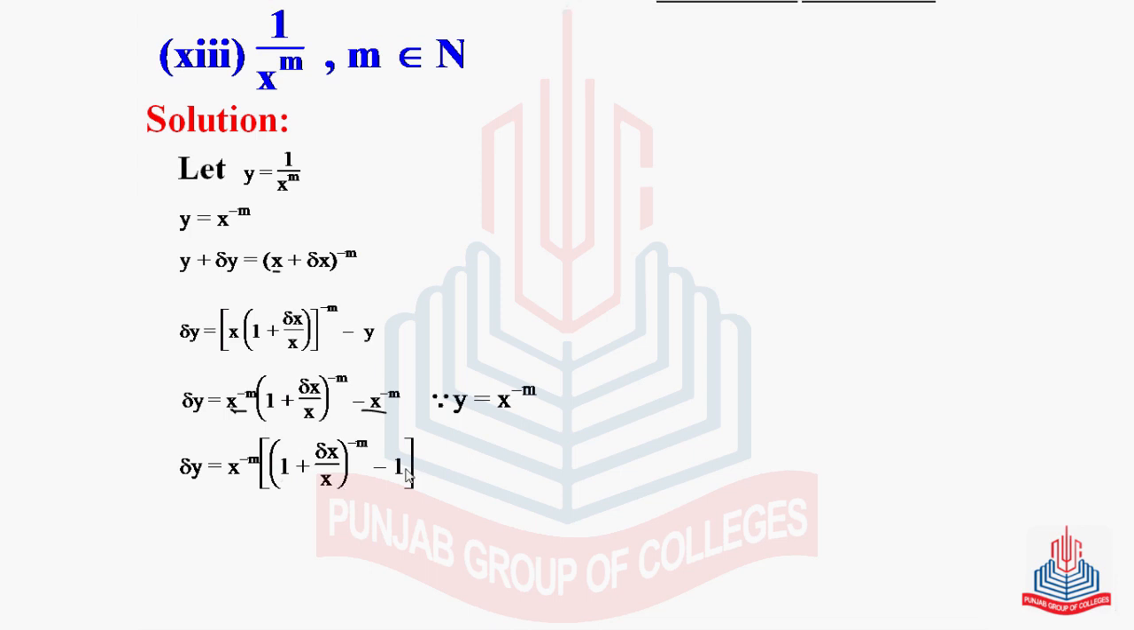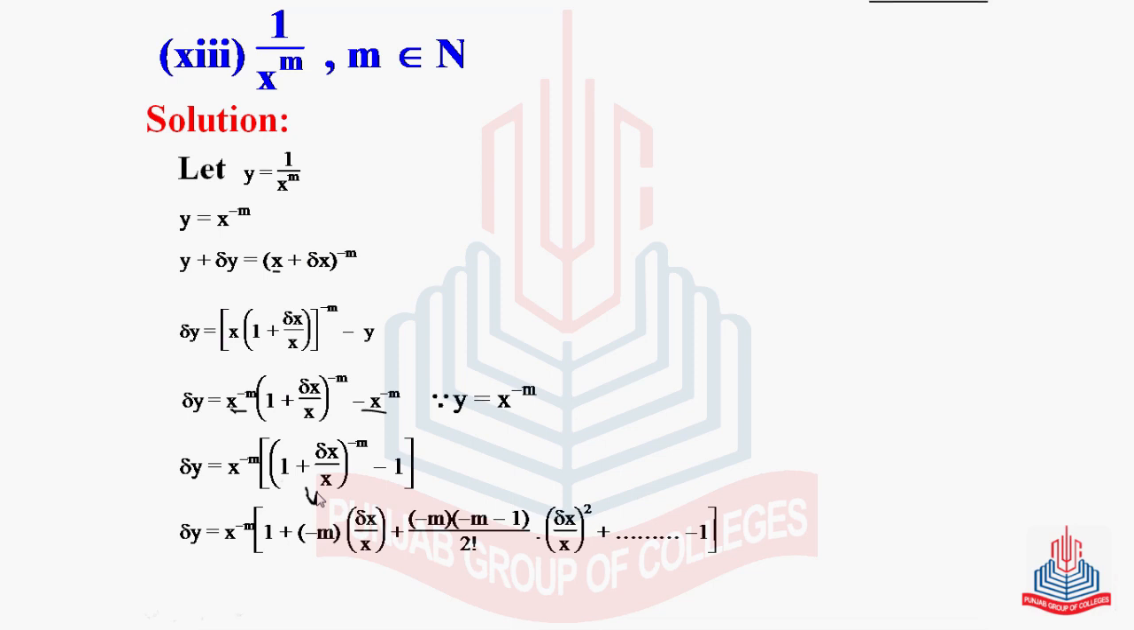Now apply binomial series here. We have delta y is equal to x raised to the power minus m into 1 plus nx, n into n minus 1 over 2 factorial x square. So n is minus m and x is delta x over x. That will become minus m into delta x over x, and from here minus m into minus m minus 1 over 2 factorial x square, which is delta x over x whole square. This plus 1 and minus 1 will cancel out, and delta x over x